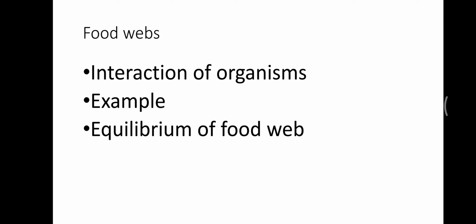This is your science class and we are doing chapter 5, food chains and food webs. The topic for today's discussion is food webs. Students, food webs